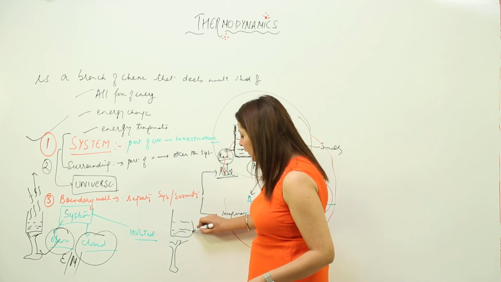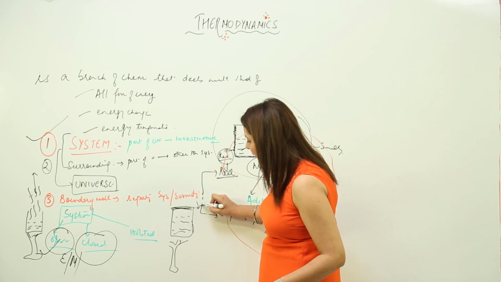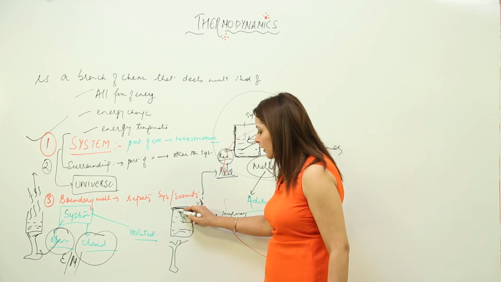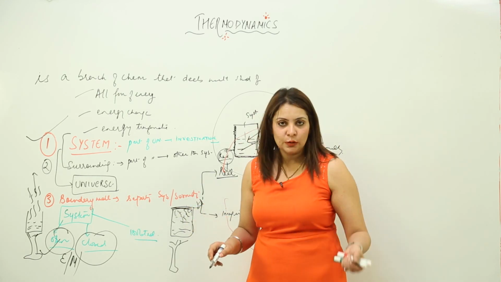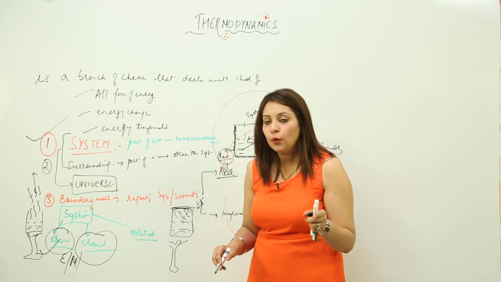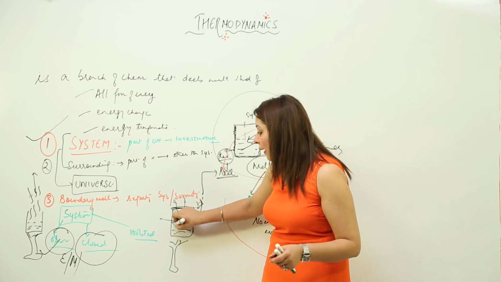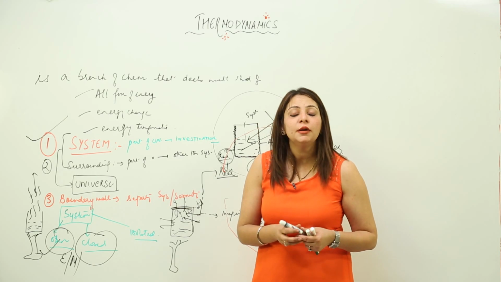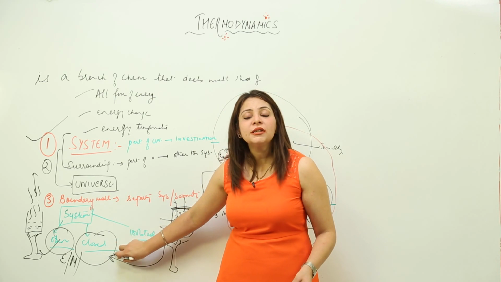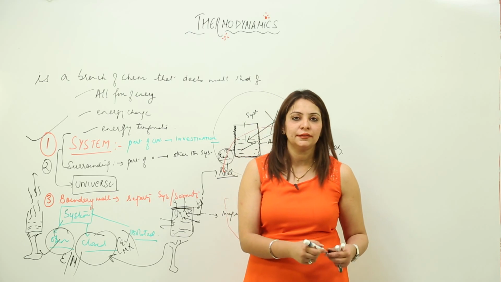This time I am closing the upper surface with a lid, and I am heating it. So the vapors are rising, but they are not allowed to diffuse outside. Vapors cannot move outside. That means matter cannot be exchanged with the surrounding, but energy can. Heat can flow out through the lid, but the matter, that is the vapor, is not able to go outside. So this is the closed system. A closed system is one which can exchange energy but definitely not matter.